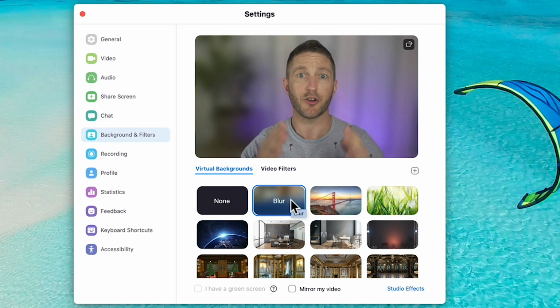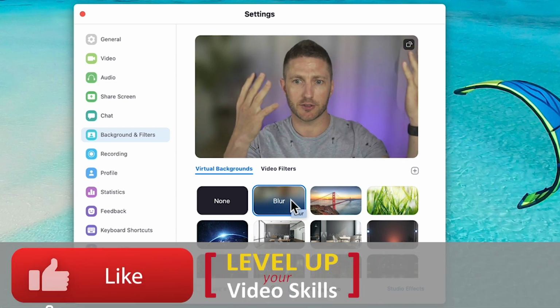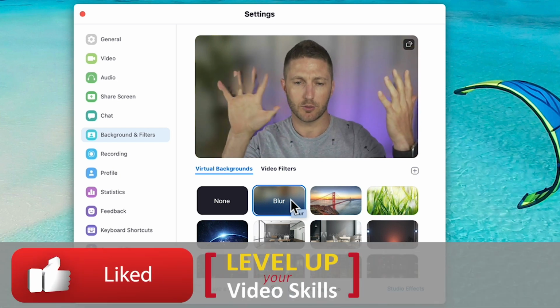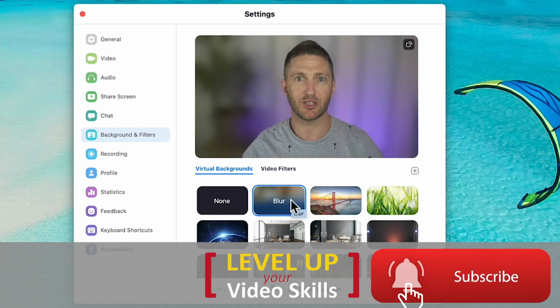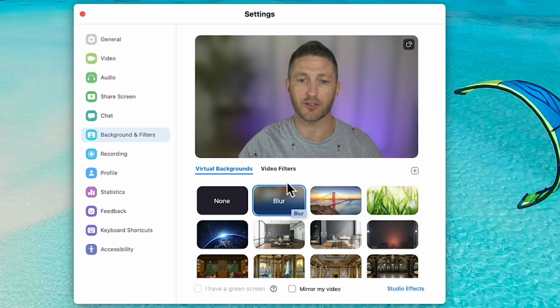If you like to talk with your hands when you're in a meeting, you'll see that it does a reasonable job, but you start to lose your fingers a little bit and some of the background may be revealed. Whoa. You'll be glad to know that you can still use blurred background in Zoom while playing with the video